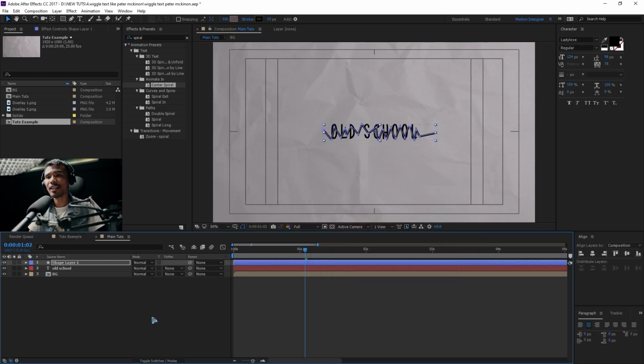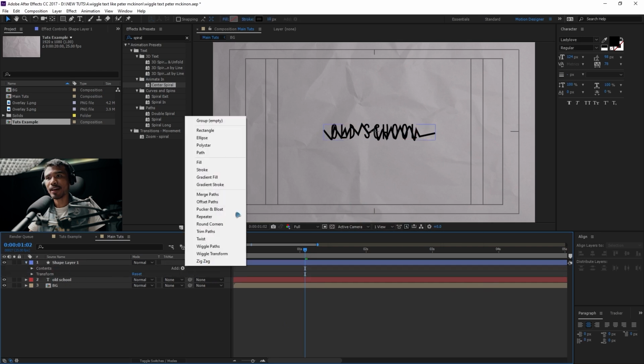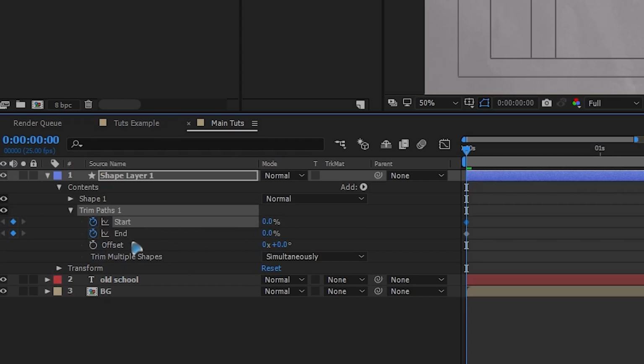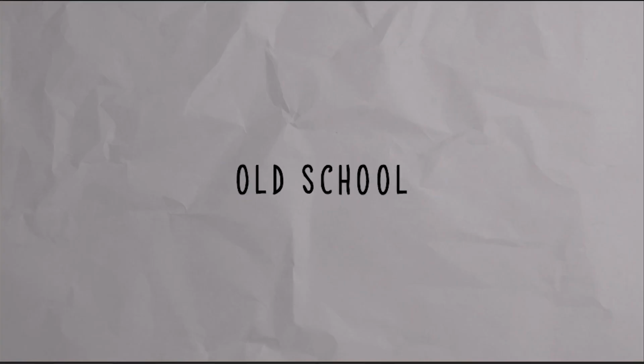Change it to black, and I'm going inside this shape layer and add a trim path and animate this trim path offset, right? So 0 start and end, and hold down Shift and page down once and set these both to 100, and select this start keyframes and push it here, offset it so that you have this kind of